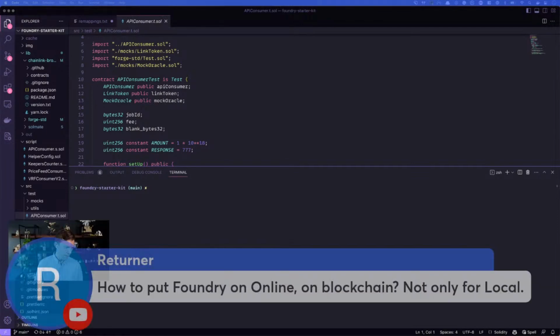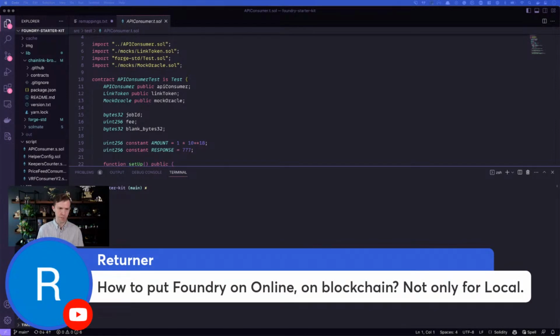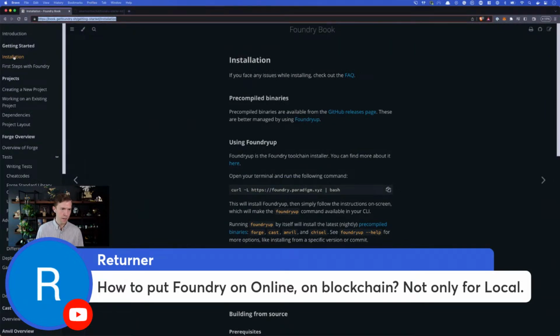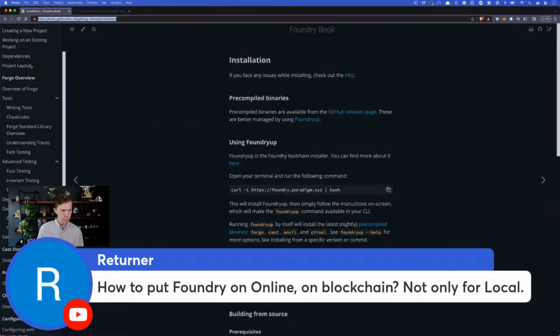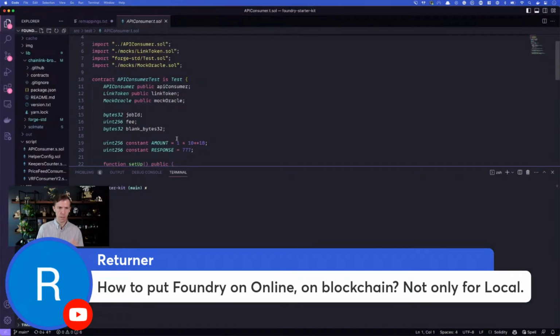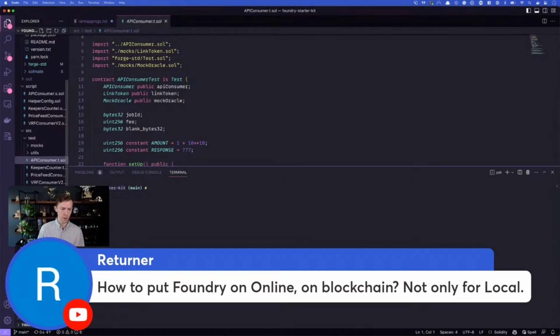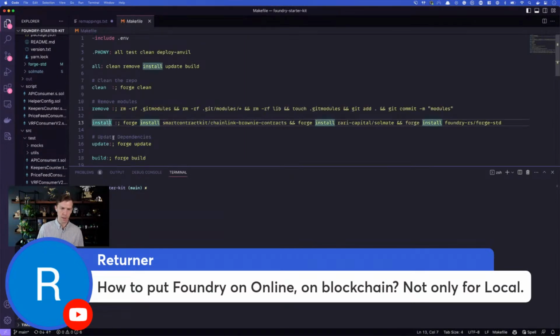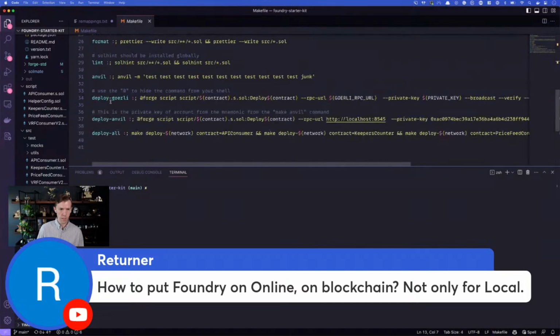Yeah, this is a great question, how to get Foundry online. So if we take a look at their documentation, they have here a section for deploying and verifying. So this is the official Foundry way to do things. You'd be running forge create, and then you'd be passing in the different values for your RPC URL, stuff like that. You could also take a look at the smart contract kit starter and our deploy down here for Goerli,